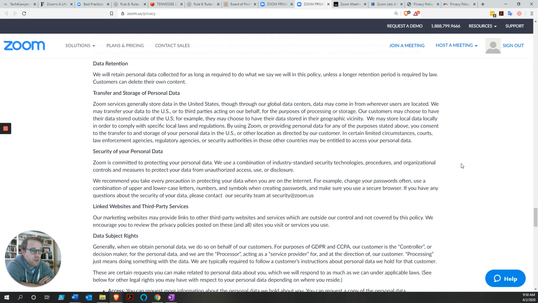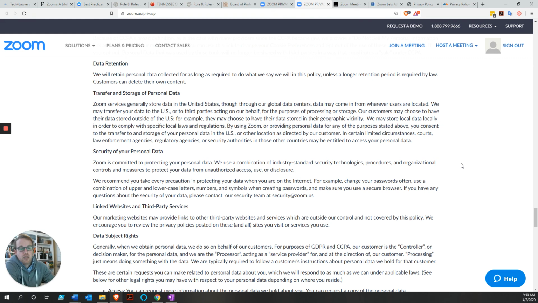So if you are using Zoom, don't, because of the end-to-end encryption. But if they get the end-to-end encryption sorted out, then you're going to need to make sure that your clients know how to turn their cookies off or how to use a browser that does that inherently in order to protect themselves, or at least they know that this information is going to be shared. They may be okay with it, but you are going to have to give them the choice.